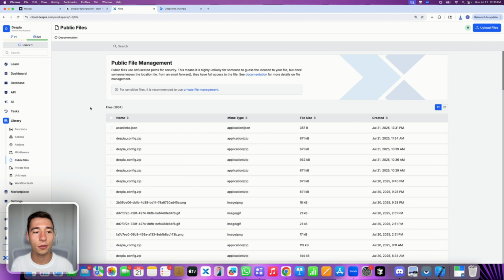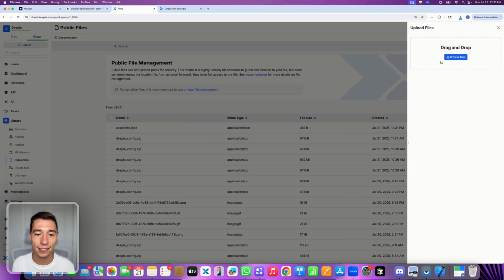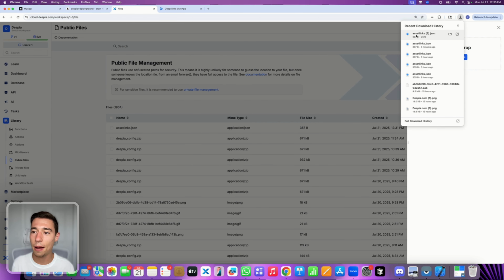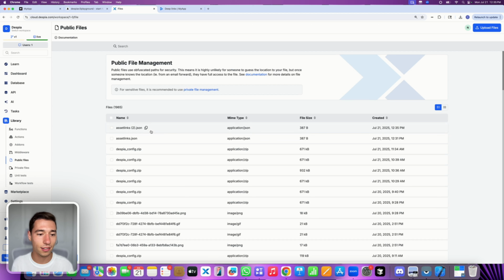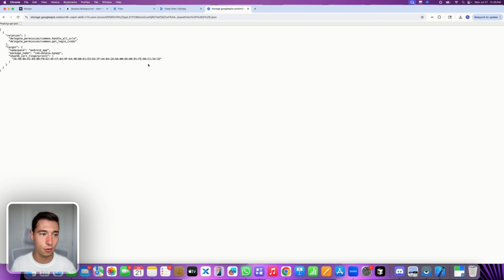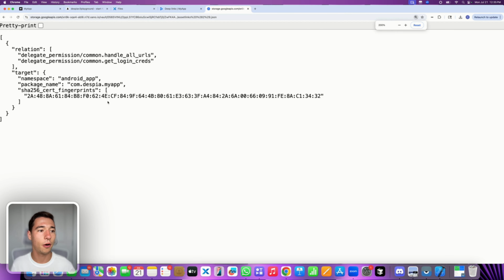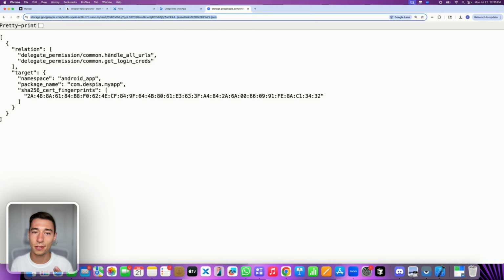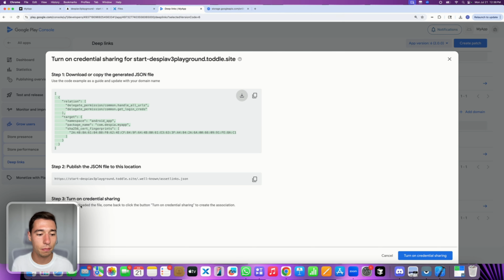And then you want to go to your CDN, which in this example I'm using Xano, but you could use any CDN. I'm just going to upload this file inside of here, and I will get the URL from my CDN. You can use Bunny CDN, you can use whatever you want. And as you can see, I'm now hosting this file on this specific URL. But it needs to be hosted on the root directory, because they expected us to have this file on our custom domain